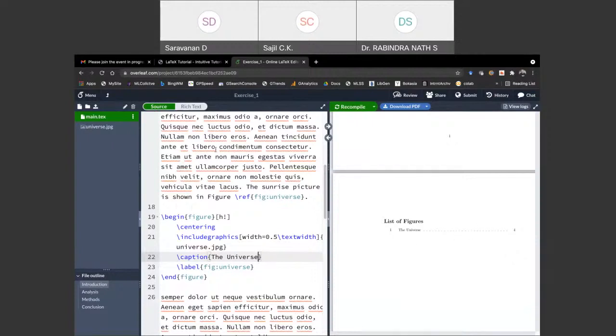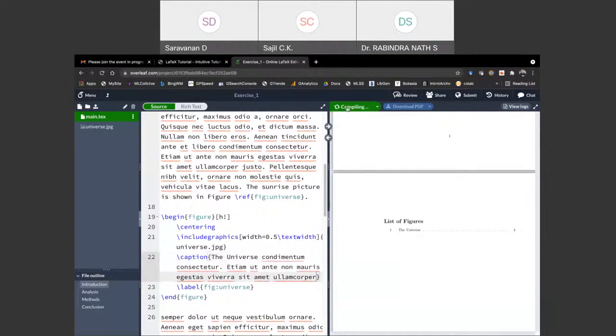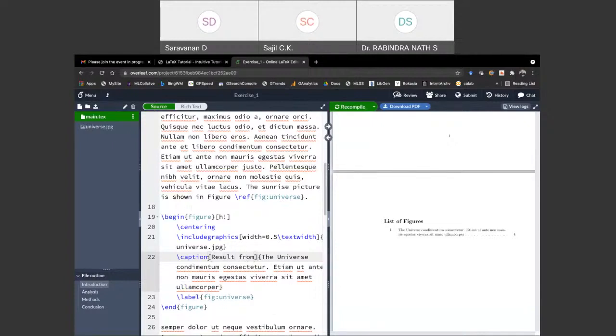So there is one option. Suppose the caption was too lengthy. In the list of figures, it might be a bit odd to have a lengthy name. You can give a short name, a short caption for the figure, inside square brackets.